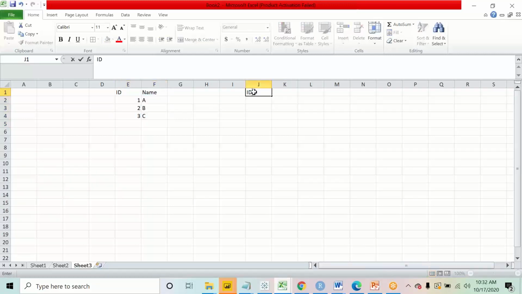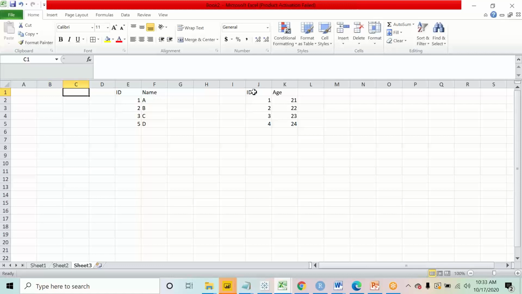In the other data frame, I have the ID, and I have, suppose, the age. Over here, let us keep the IDs as 1, 2, 3, and 4. The age is 21, 22, 23, 24. These are the different ages that I have. Now these are two different data frames that I have.